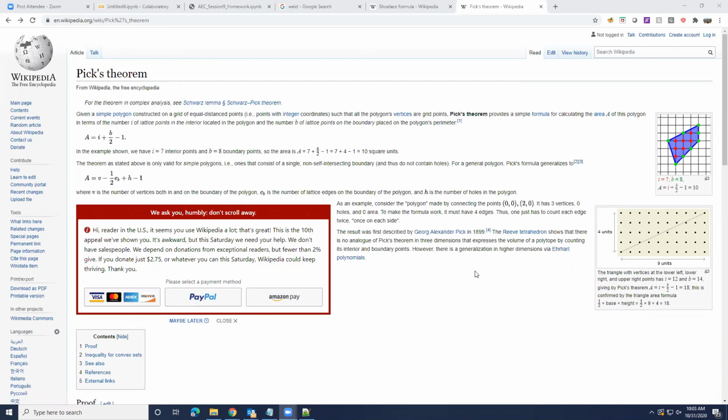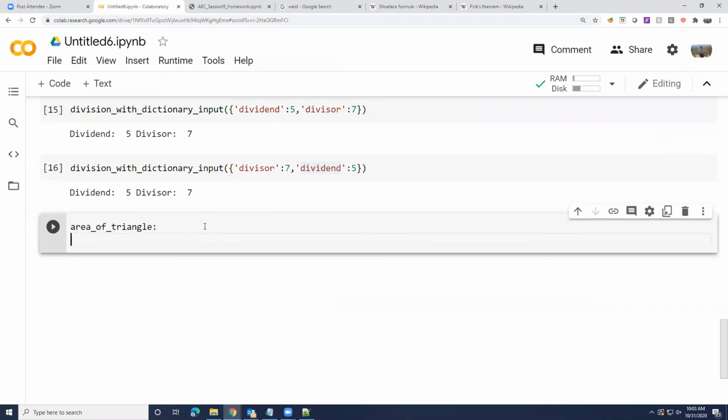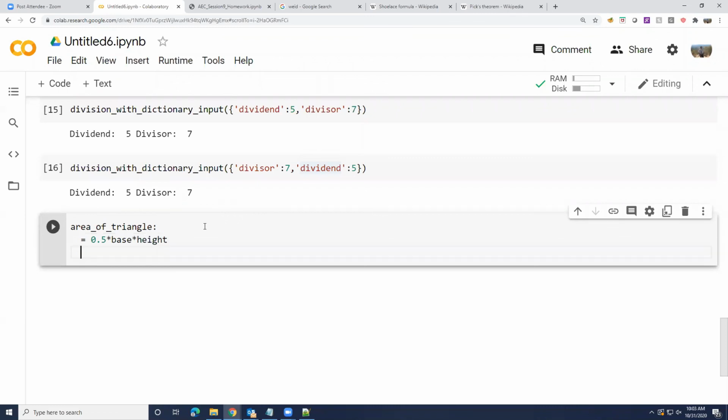So obviously we went tangentially. Now coming back to how this is programmatically relevant. So let's see, area of a triangle. What are the things that you need to calculate the area of a triangle, or how many different ways can you calculate the area of a triangle? You can calculate it as half times base times height, right? You can also calculate it as square root of s times s minus a times s minus b times s minus c. How many of you don't know this second method?